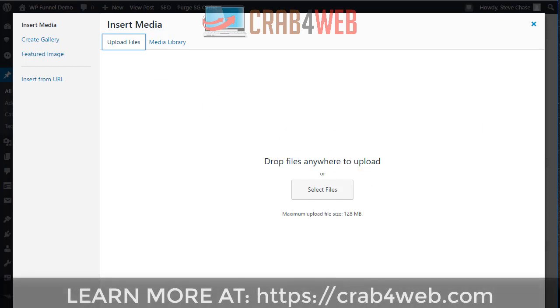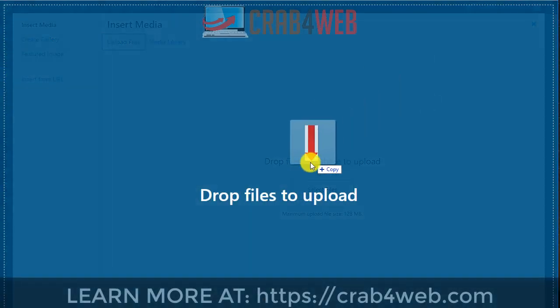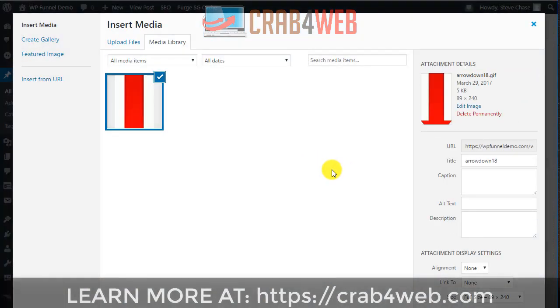Or what you can do is just drag from another. So I've got a folder off screen here. I'm just going to pull this in, and I drop this little arrow. And then when you're working with size, if you notice along the right here, there's all information about every graphic